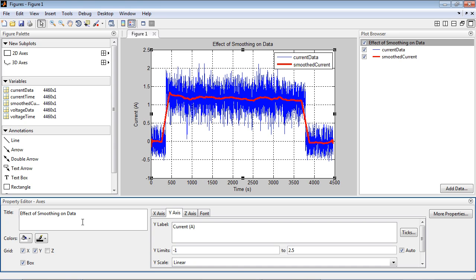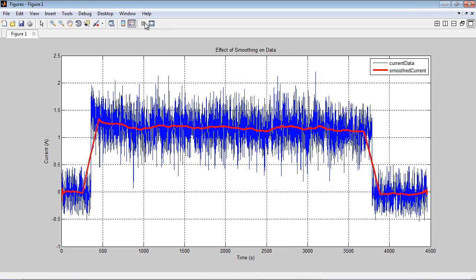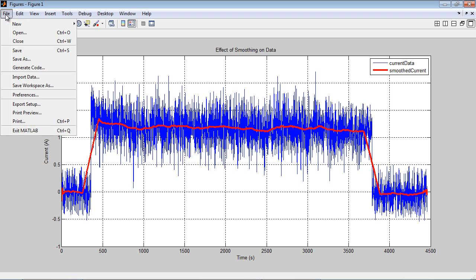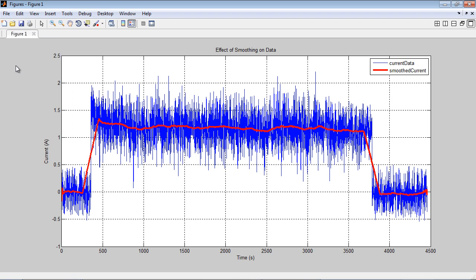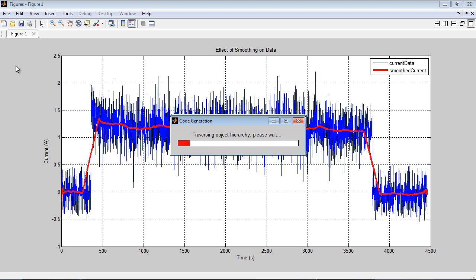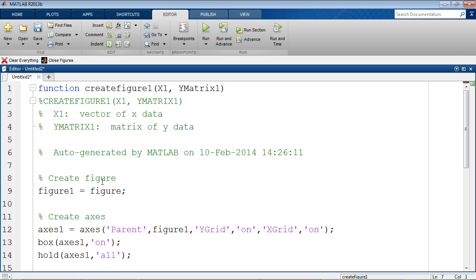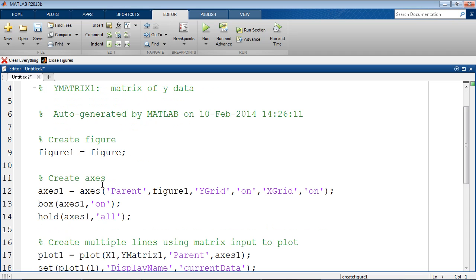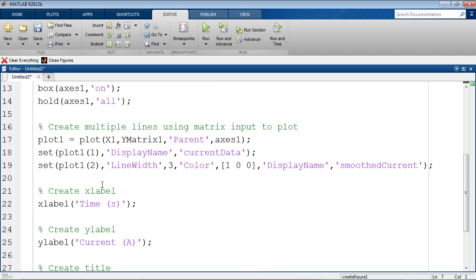So I can quickly use this tool to make the figure look like how I want it to look. And then, similar to with the importing tool, now that I've done this interactively, I can generate code to reproduce this later on. So this generating code takes this figure that I've created and automatically generates a MATLAB function that will reproduce that figure. And if you've